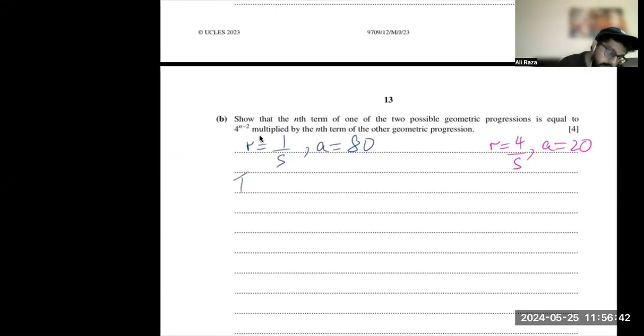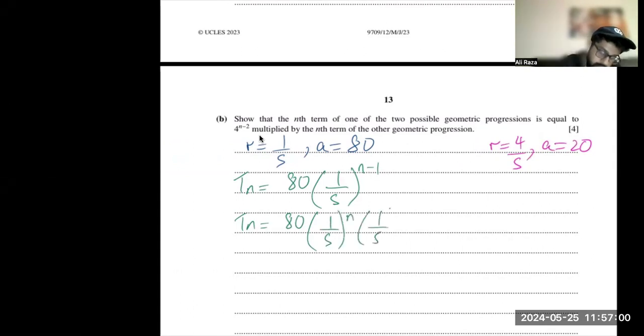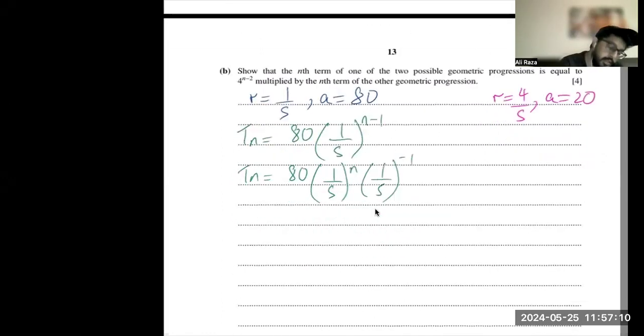The formula for this would be... when I split the powers, I get 1 over 5 power n multiplied by 1 over 5 power minus 1. This can be written as